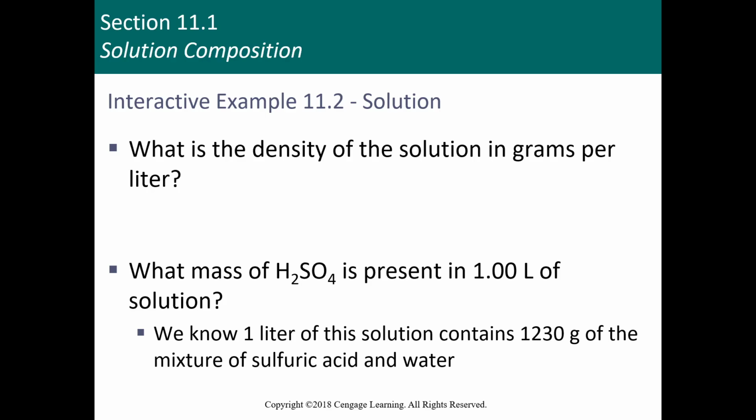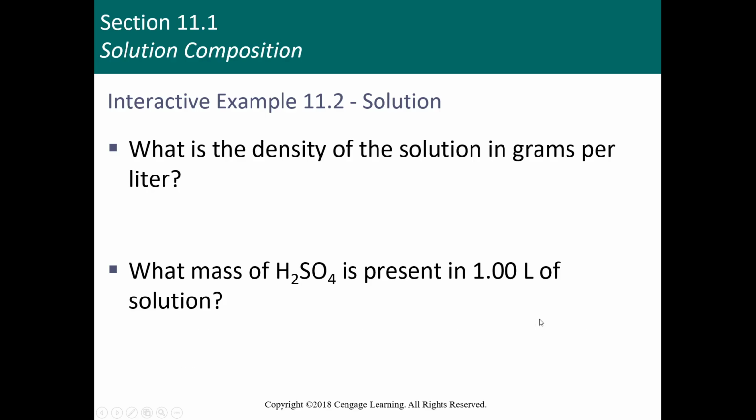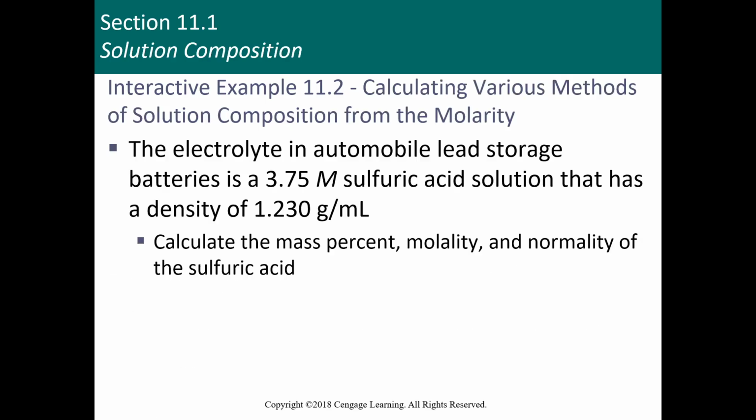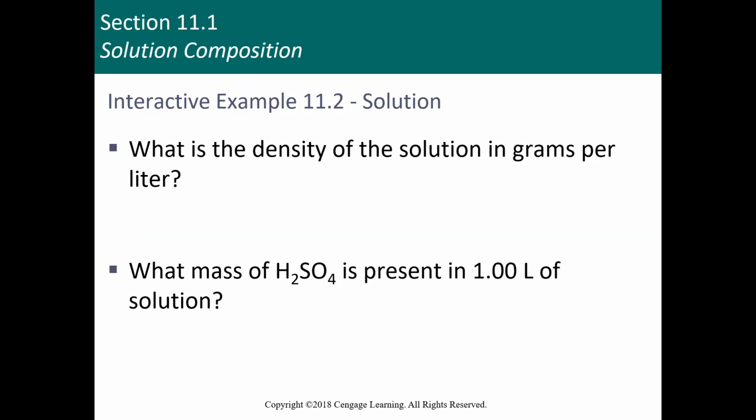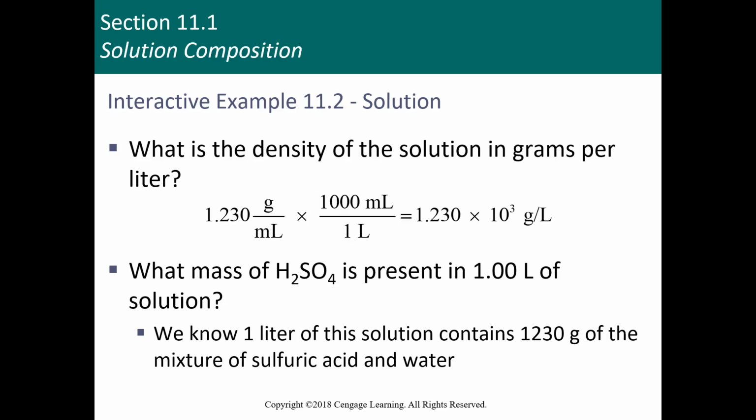So if you had 1 liter of the solution, you just need to take that density, multiply it by how many milliliters there is in a liter, which is 1,000. And so we take 1,000 times our density number, which is 1.23 grams per milliliter, and we get our number in grams per liter,